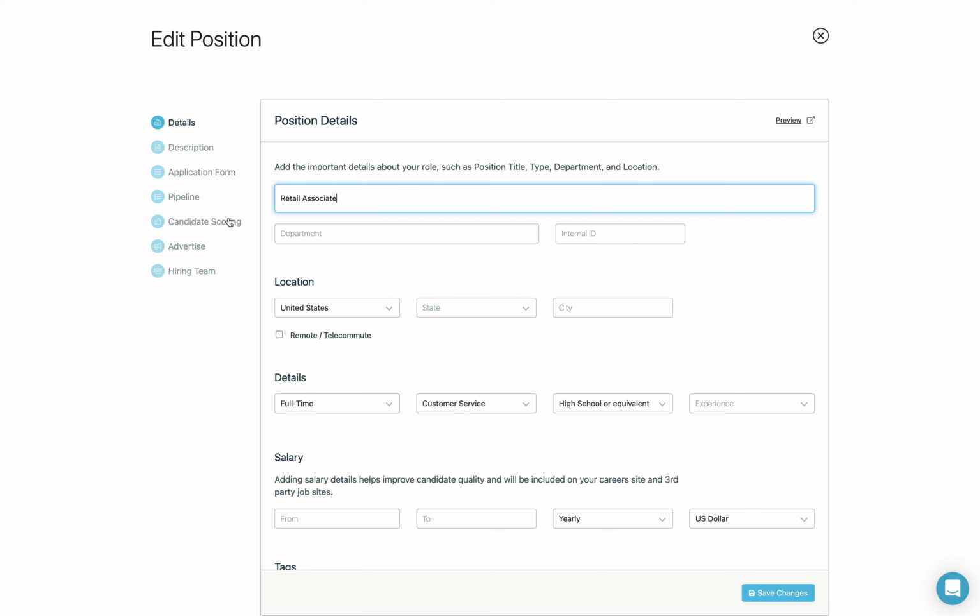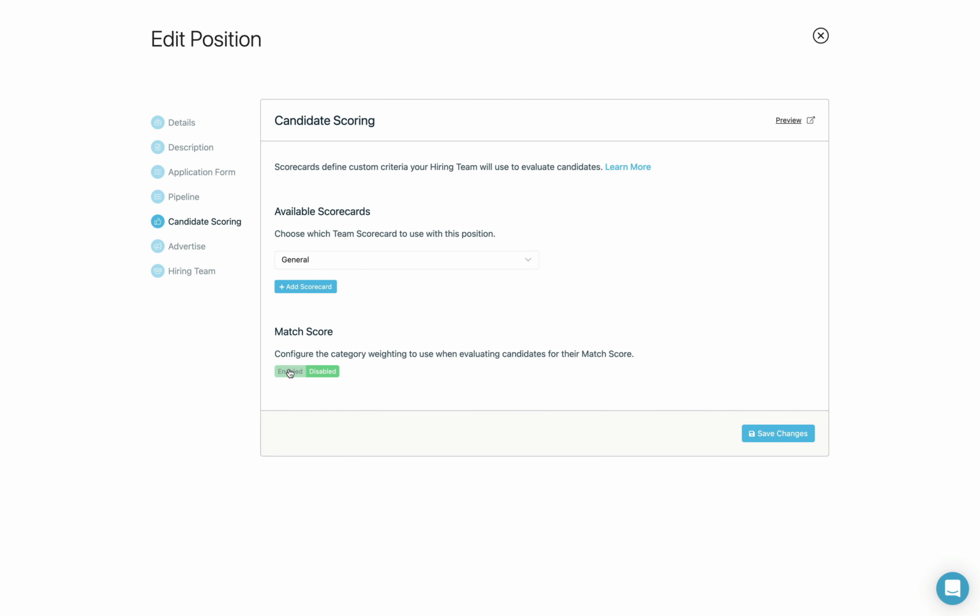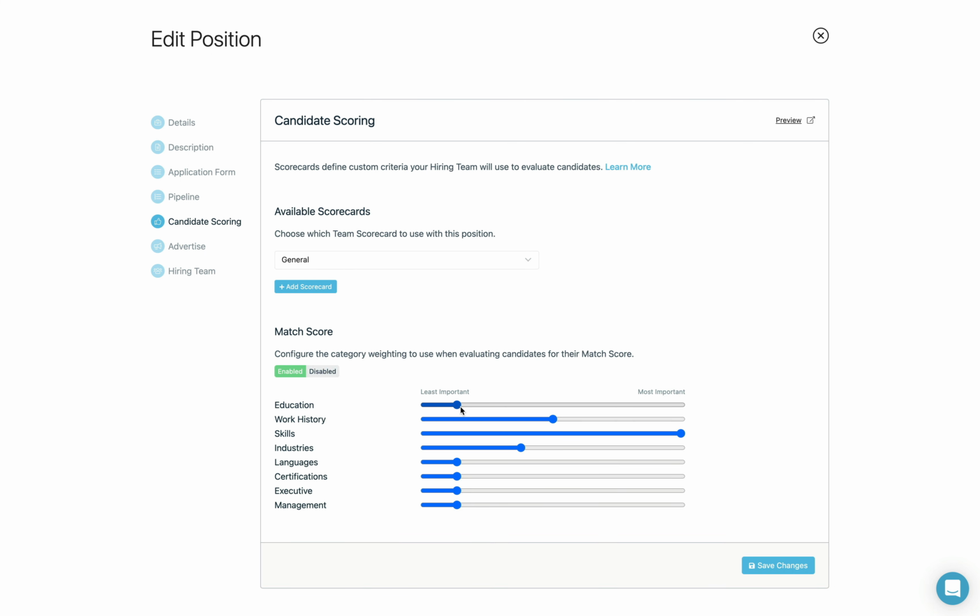Click Candidate Scoring, then Enabled. Now we're going to talk a little about these levers. These are how the AI powering Candidate Match Score can understand what's most important to you and how to score your applicants accordingly. So if the set of skills you described in your job description are super important to you,